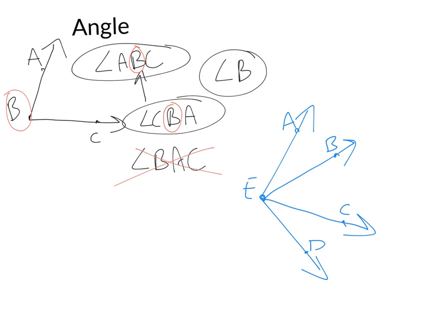So in this scenario, if I were to say angle E, would you know what I'm talking about? Because I don't even know what I'm talking about. I would have this angle here, or this angle here, or this one here, or it could be this one, or that one, or the whole big one, AED. There are so many angles associated with E being the vertex that I just cannot notate it